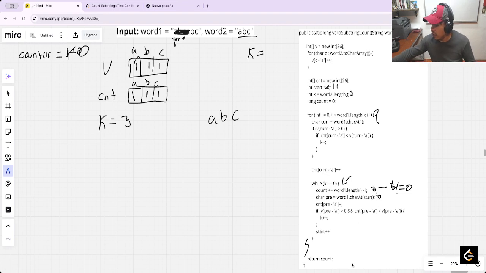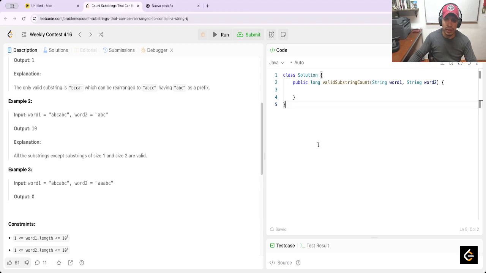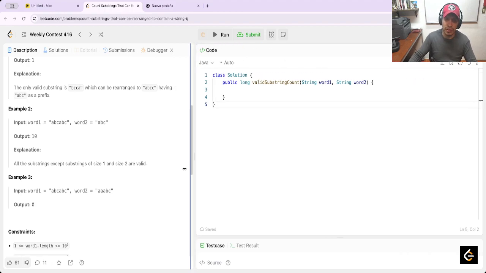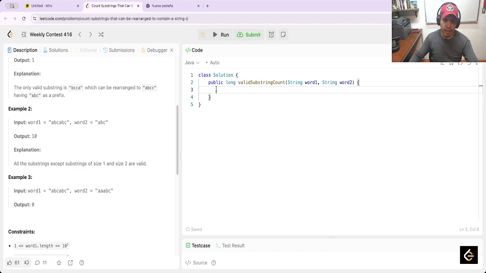Okay, I need to check. Okay, let me try to replicate this solution. Help me to remember the solution, but well, the first is use an array, in this case of the 26 elements, and we have the other that is the counter, yeah, 26, and next is mapping the word 2, yeah,